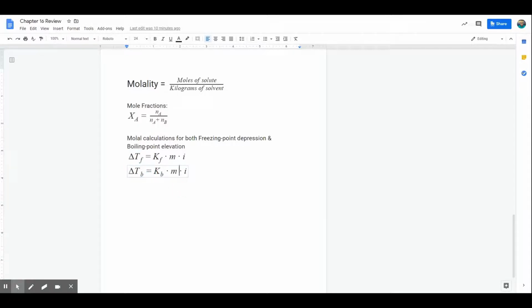So this is probably the part that you guys had the most trouble with as you were going over 16.3 on the computer. So let me just explain all of these. So delta TF and delta TB, that's the change in the temperature, so either lowering the freezing point or raising the boiling point. So an example that I can use is, let's say that you're adding salt to a solution. You want the freezing point to be 10 degrees lower than it actually is, so I'd put a negative 10 degrees